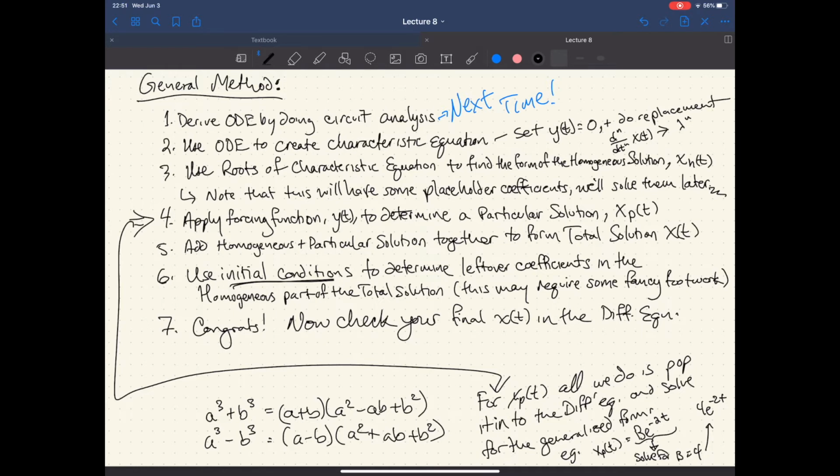Because as this particular solution changes, if we apply our initial conditions earlier, right, and our particular solution changes things, then the initial conditions won't have the correct effect on the homogeneous solution. So you need to make sure that you have everything put together before you apply any initial conditions. So have that nice generalized form. You can solve for these guys. But for the homogeneous part, leave those little placeholder variables alone until you get to this step. All right, that's probably the biggest mistake I expect to see. Hopefully by belaboring the point, I won't see it as much.